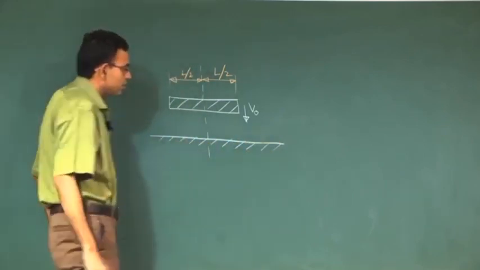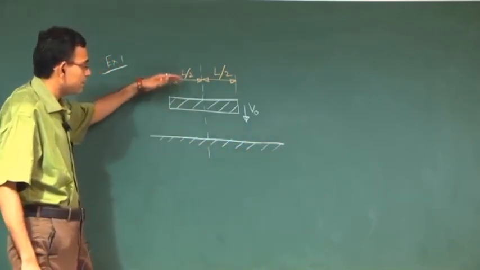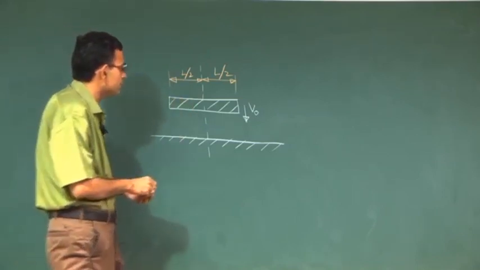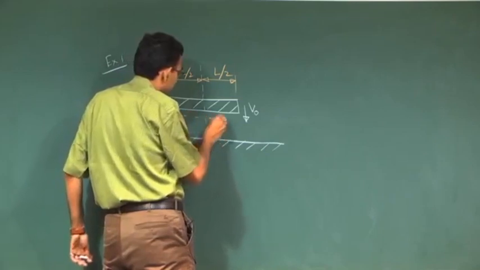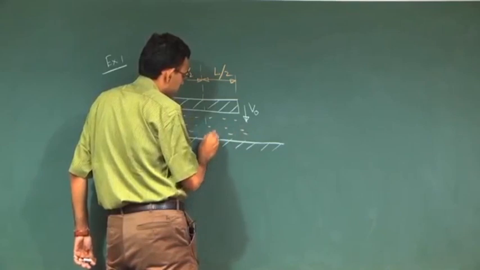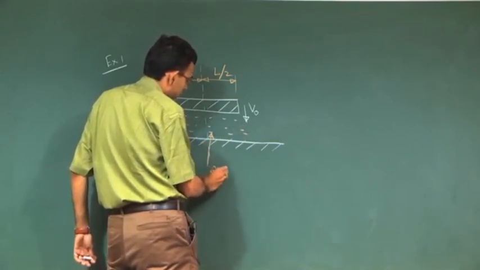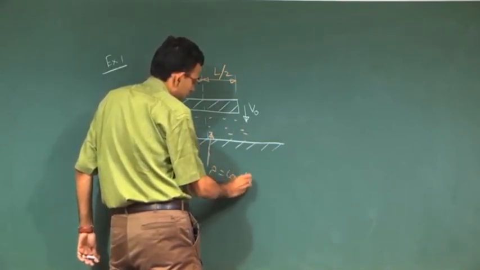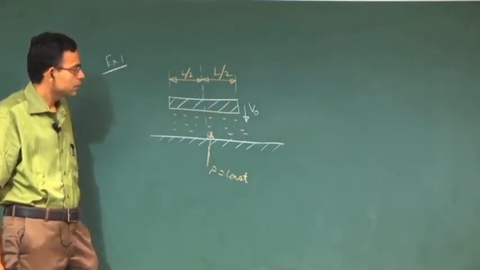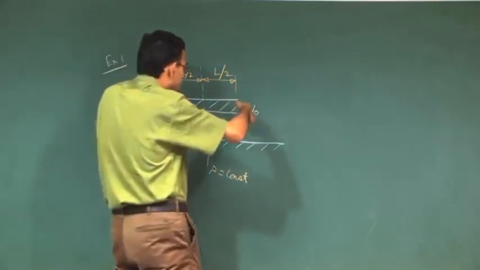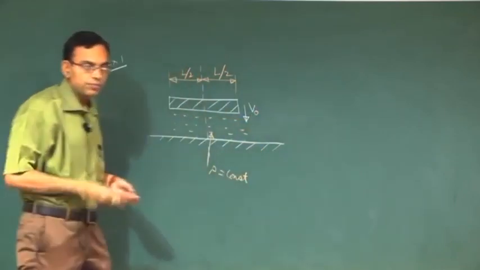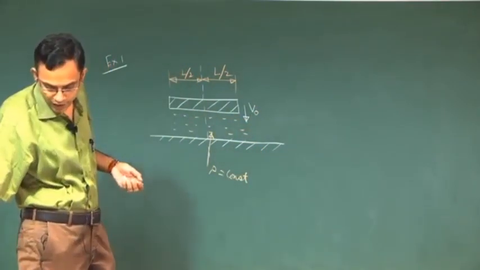There is a fixed boundary and this plate is approaching the fixed boundary. In between the plate and the fixed boundary there is some fluid with constant density ρ. And when this plate is coming down, the fluid is getting squeezed out radially from both the sides, and